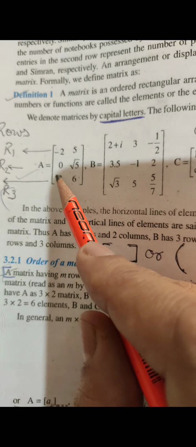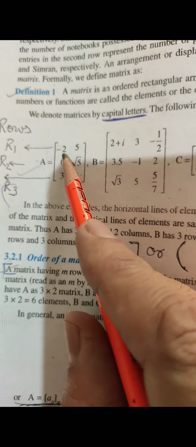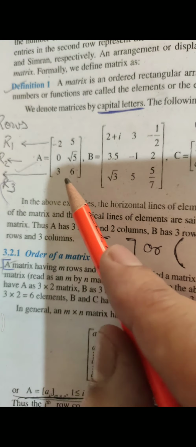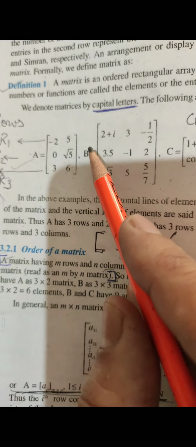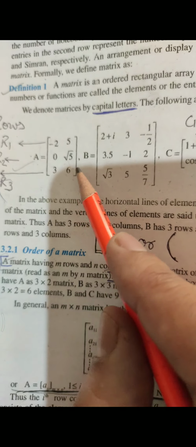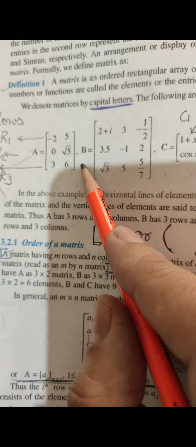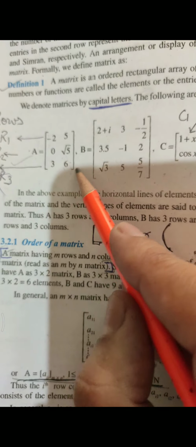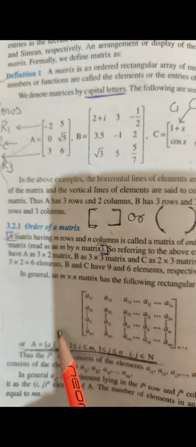In this matrix, how many rows are there? 3 rows. And how many columns? 1, 2. So as we are writing row into column, 3 multiplied by 2, that is 3 cross 2. How many rows are there? 3. How many columns? 2. 3 into 2, so what do you get? 6. With the help of it, we get the total number of elements in a matrix, and this is known as the order of a matrix.